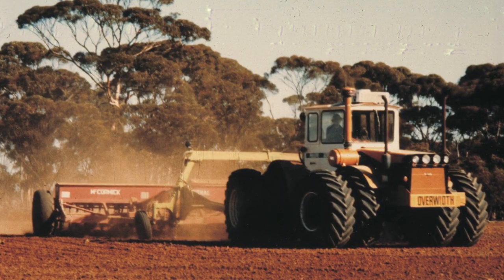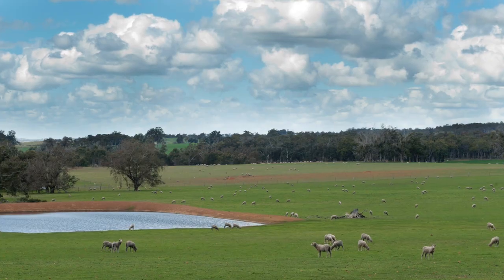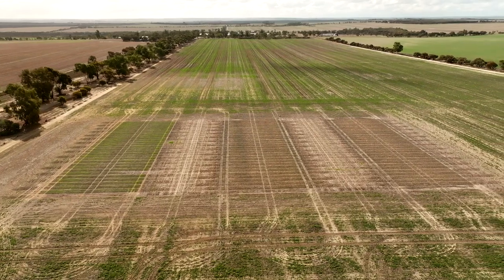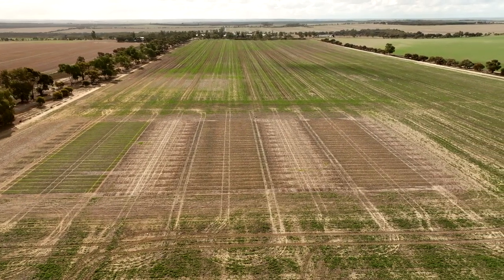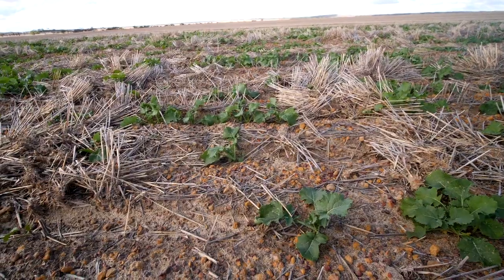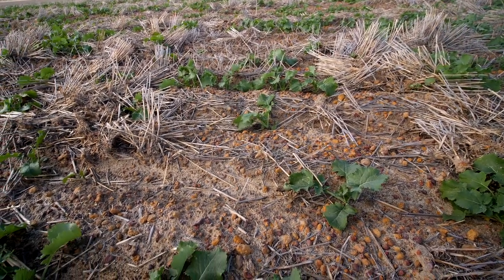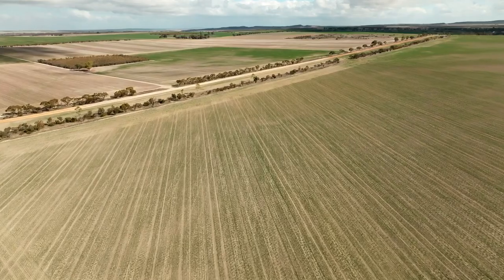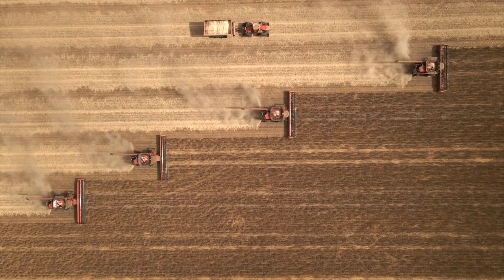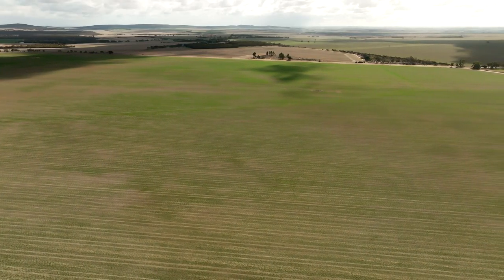In the last 30 years, land use in WA has changed from about 60% grazing to about 60% cropping. The change to more intensive cropping has coincided with a decrease in the area planted to legume crops and pastures, which means that in most cases, the supply of organic nitrogen is lower, leading to a greater reliance on nitrogen fertiliser. The intensification of crop production and higher yields through increasing water use efficiency has led to a significant increase